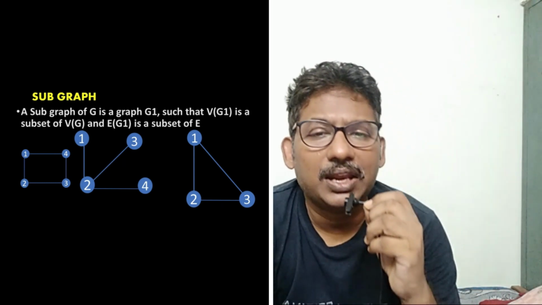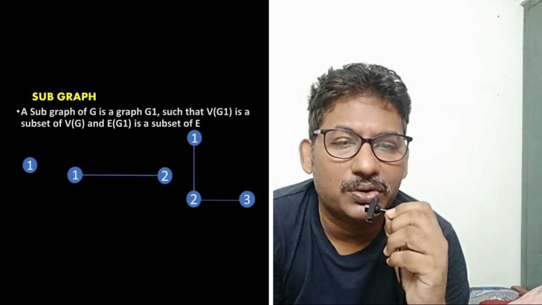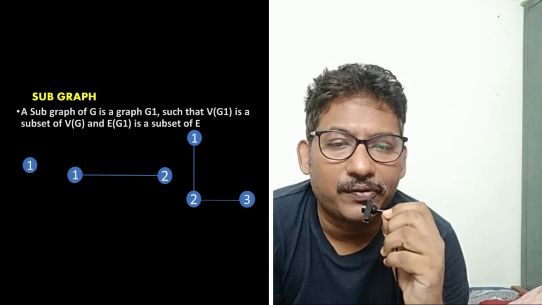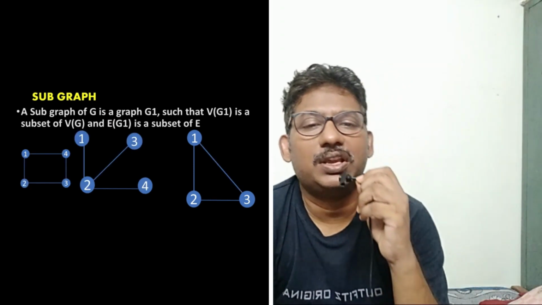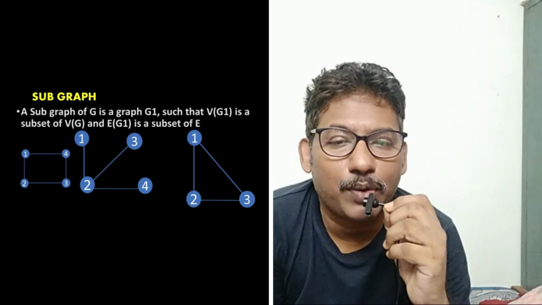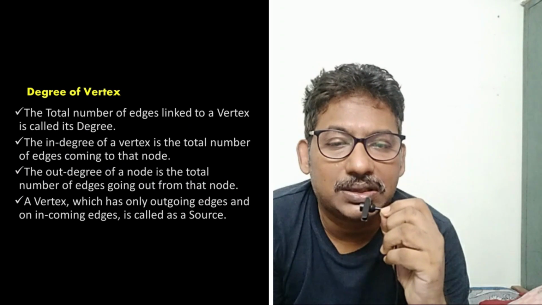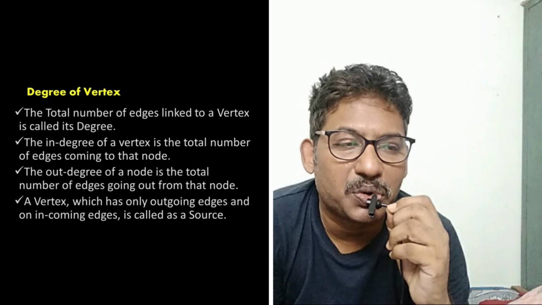So once again, a subgraph is a graph G1 such that V of G1 is a subset of V of G. So this is the main graph which we have divided into subgraphs. So V1 to V2, V2 to V4 is a subgraph. Here once again I am showing you a graph G and a graph G1. One point is also a subgraph, and all these 6, 3 plus 3, 6, all these 6 are subgraphs of the graph which I showed earlier.